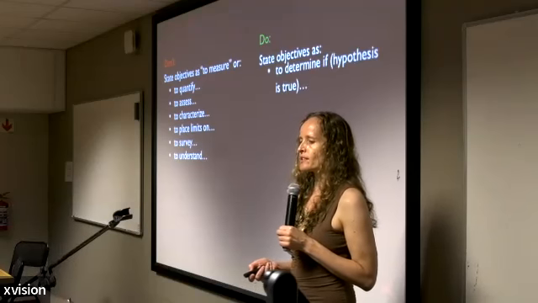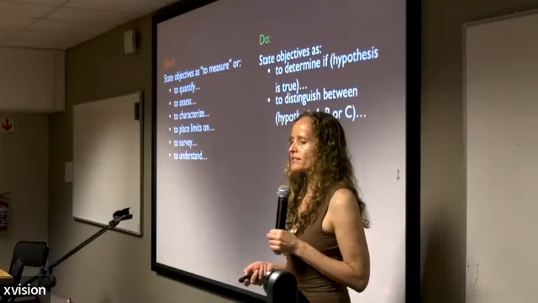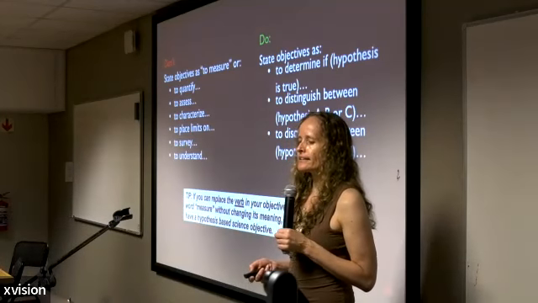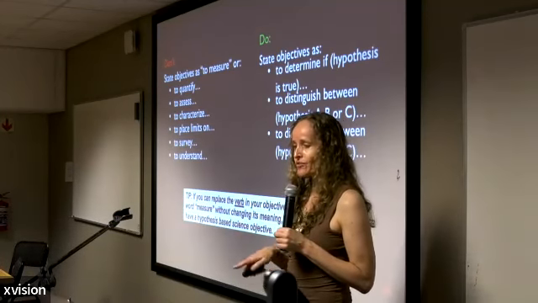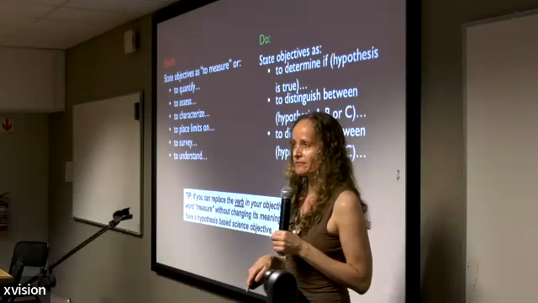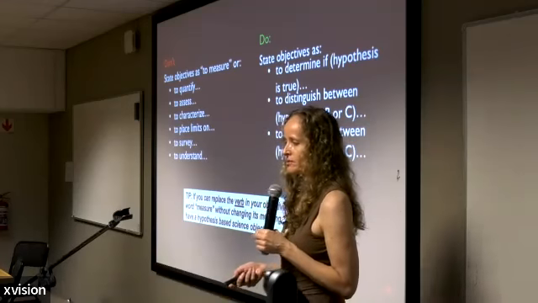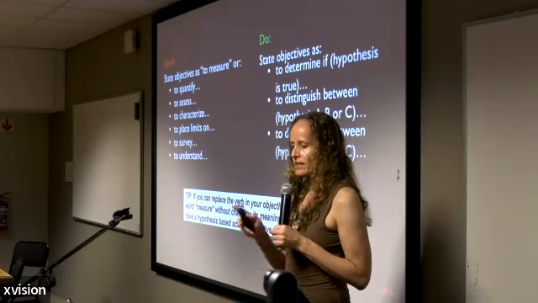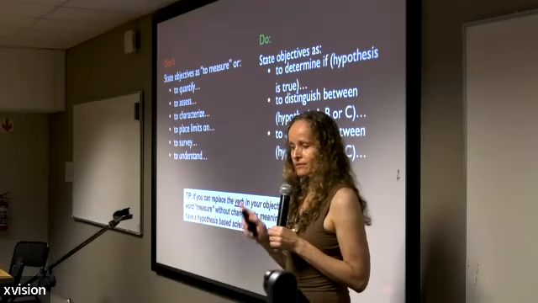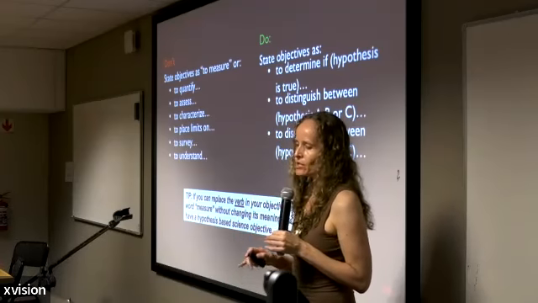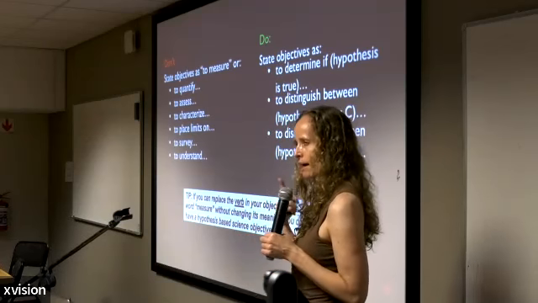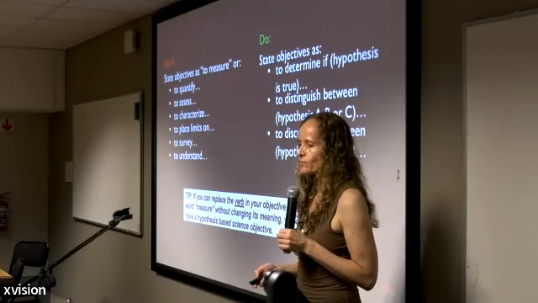It's better to state the objective as determine if, and then you have your hypothesis, to distinguish between A and B, to discriminate between. And if you can replace the verb in your objective with measure without changing its meaning, then you don't have a hypothesis-based science objective. You can try that yourself and it actually is true. Now, this is very high level. This is for $1 billion and you have to be really precise. It's okay to go with understand or characterize in small proposals, but do try to train your mind a little bit towards not using those words.